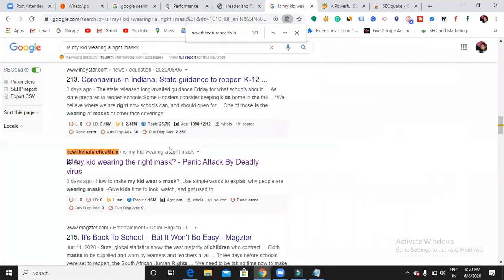It appears, but she didn't get any click. That means her CTR is going to decrease. Make sure that you have a high CTR. If you have a high CTR, then obviously many people are clicking your website, which means many people find it relevant. So you need to improve the CTR as well.